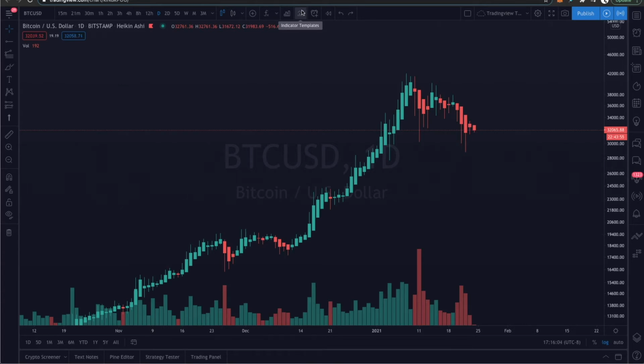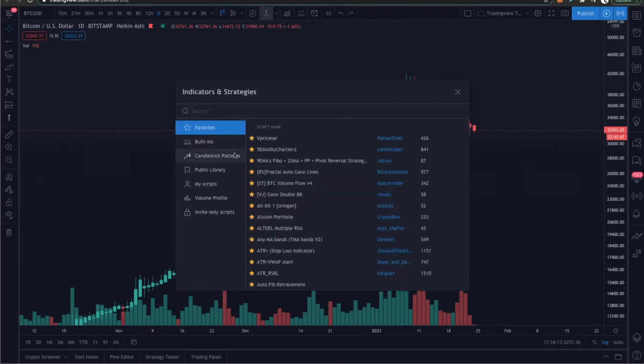So indicator templates, something we won't use. Fundamental metrics for stocks, something we won't use. Indicators, something we absolutely will use. So this is what your indicators and strategies looks like. So if you're looking for an indicator, you'll click on that f of x box. You will type in the